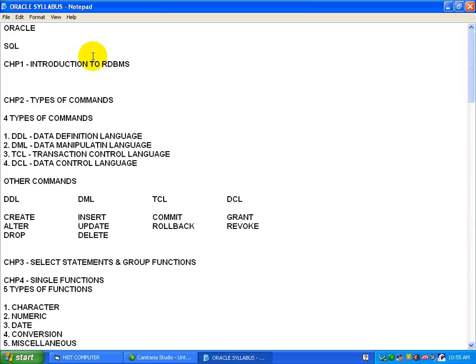Before moving to Oracle, just have an introduction about what is database management system. A database management system is essentially a collection of interrelated data and a set of programs to access this data. This collection of data is called the database. The primary objective of DBMS is to provide a convenient environment to retrieve and store database information.